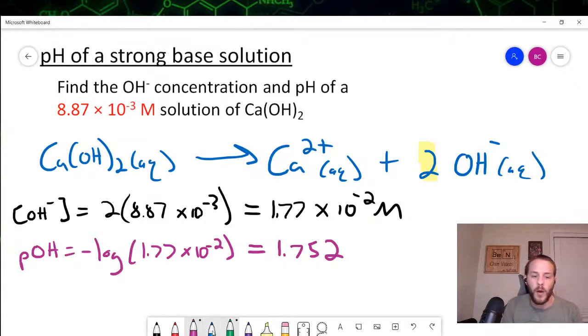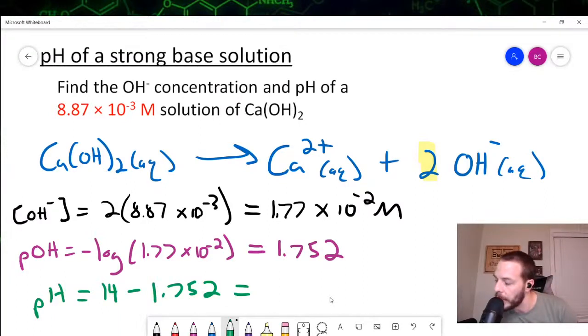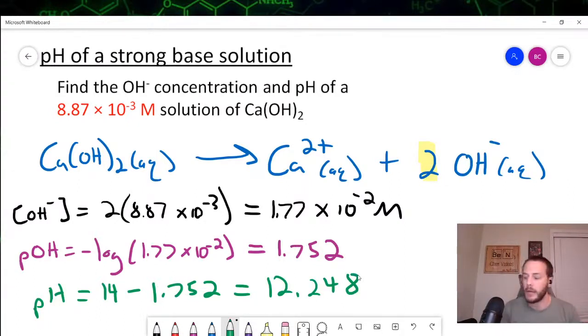And so if we want the pH, pH is going to be 14 minus that pOH, which in this case is 14 minus 1.752. So our pH is going to be 12.248. So again, started by writing the equation, recognize that because there are 2 hydroxide ions that are produced per